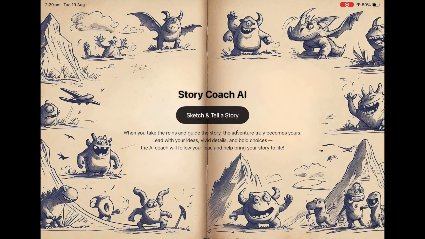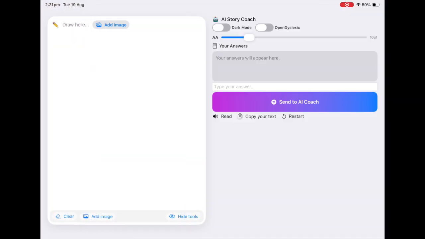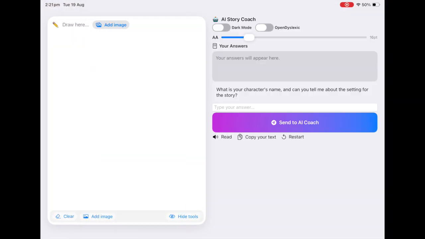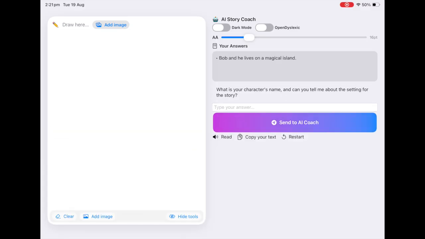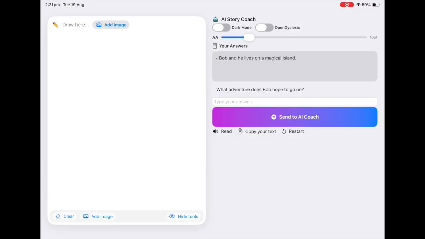Just a bit of a walkthrough of Story Coach AI and some of the features. It's in testing mode at the moment, which is super cool. So you can see here, it's just a case of being asked certain questions. Now, the first question stays the same, but after that, it actually adjusts to the setting and the responses of